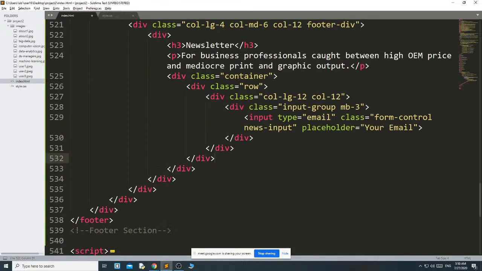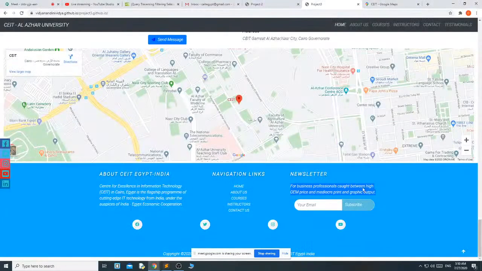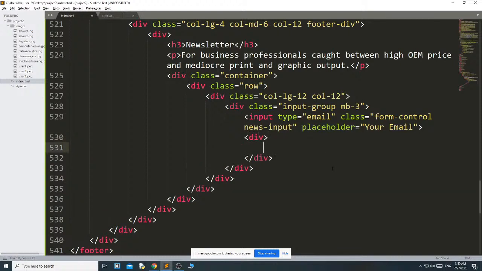Okay. Then after this email, you need another one, this button. You need this button, but inside that input type text, that's why you are writing here div class again input group append.